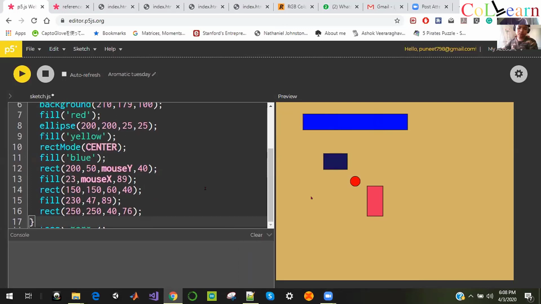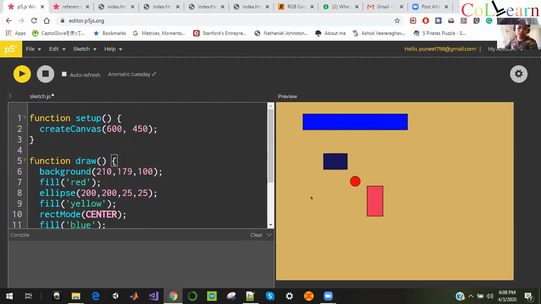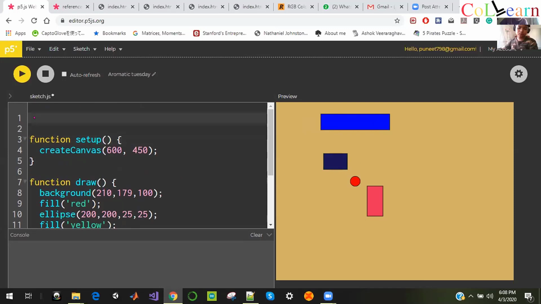So we will make use of this particular thing now. Whatever you guys have made, now we'll set up a timer, and with time we'll try to change the shapes. Right now you have this control to change the shapes. You're moving the cursor, or you are moving x and y, and you're changing shapes. So what we'll do, we'll declare a variable above setup called var t equal to 0 semicolon.